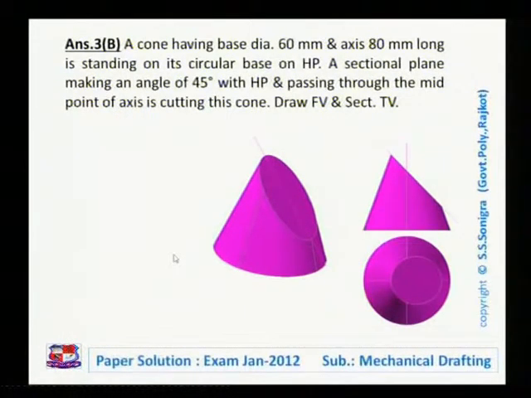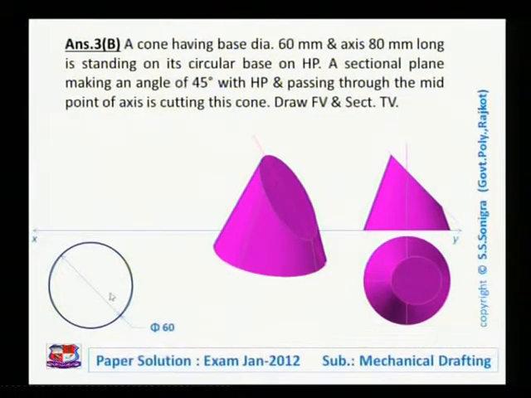First let us draw an XY line which represents the intersection of horizontal plane and vertical plane, and a circle of diameter 60 mm below the XY line, because in a top view the cone will appear as a circle, as shown over here. So the diameter of this circle is 60 mm. Insert the diameter phi 60, as the diameter is shown by the phi symbol.